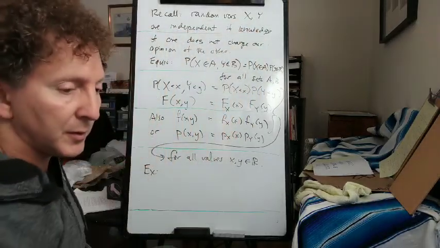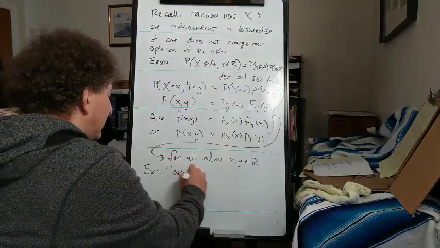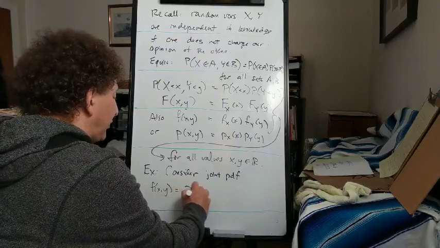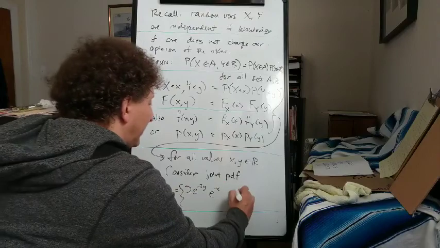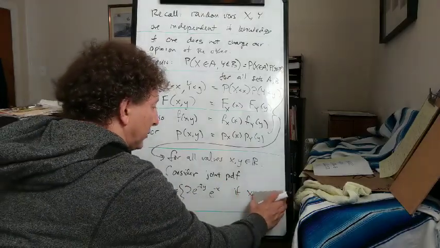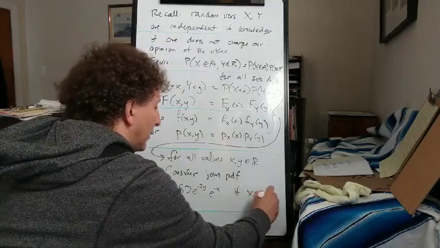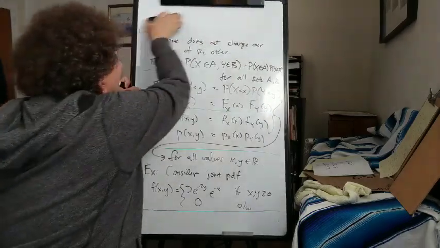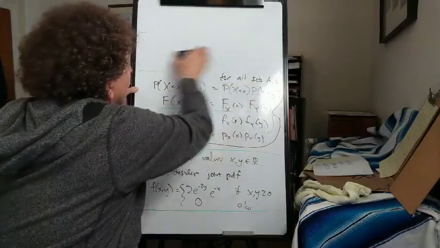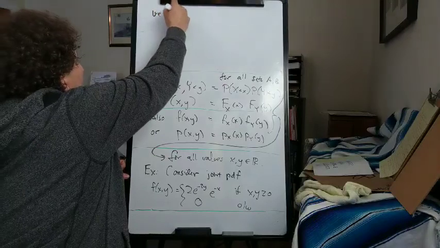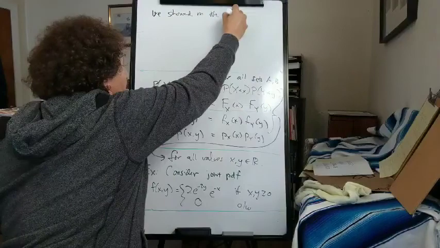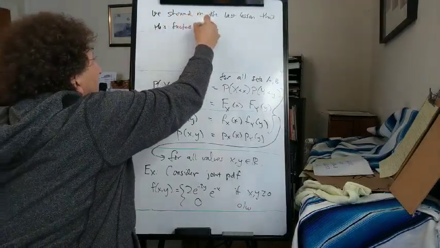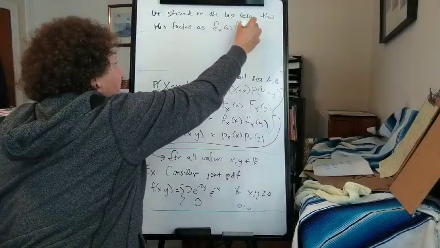So for example, let's consider the joint probability density function f of x,y equals 2e to the minus 2y times e to the minus x, if x and y are both at least 0, and 0 otherwise. So we showed in the last lesson that this factors as the product of the two marginal density functions,